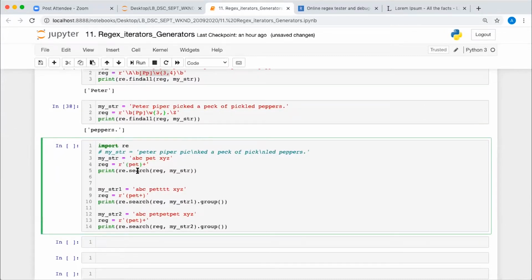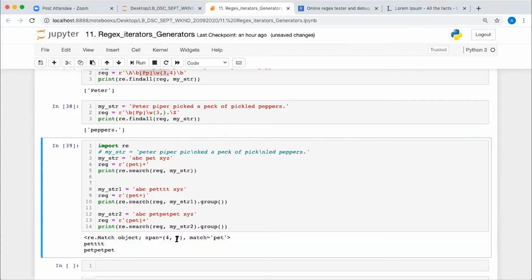So it will match this whole string, either one repetition or more than one repetition of this whole string together. So if there is one repetition, it will give you pet. Okay, fine. Let's say you have pet and pet again. It is going to give you pet and pet. So it is matching this whole pattern together at least for one or more repetitions. So pet and pet is coming. Clear? So here you can apply the group method on this.